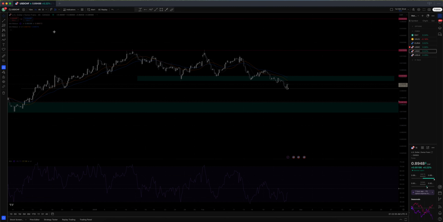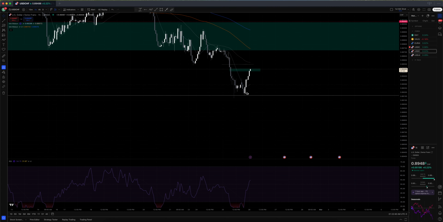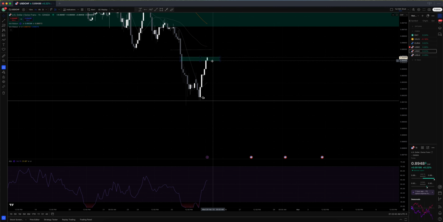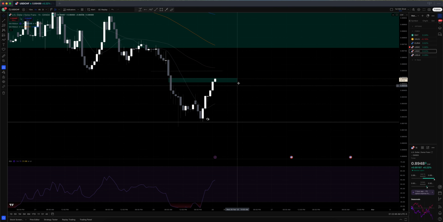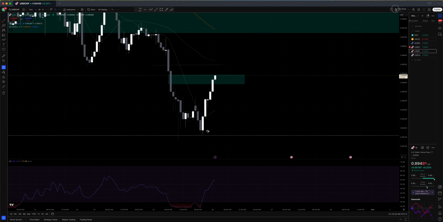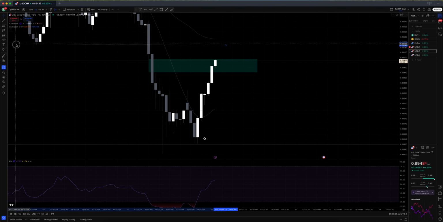We're going to go to 1 hour. We go in here, and we can check out the trade that I did. So with all that in mind, I know that I wanted to come up here. I know that this right here was a fair value gap for me within the hourly. So this fair value gap came back. We're inside it now. So whether it comes up here, hits this resistance right here that's connected to here